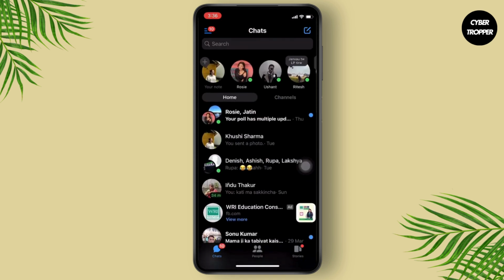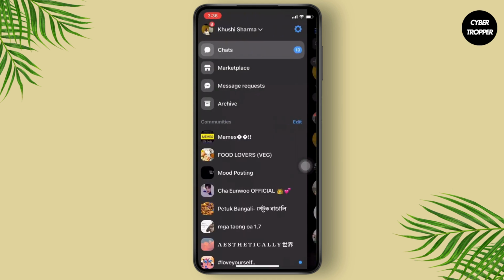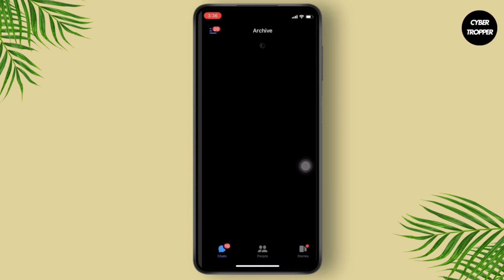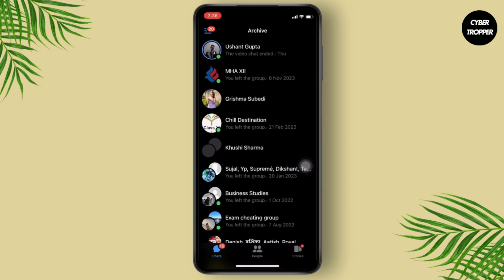And the main thing is, if someone sends a message, I mean the particular person that you hide, the chats will appear here. So you can simply click on the three horizontal lines on the left corner, and after that you'll get an option of archive there. You can click on it, and you can redo the same process of swiping it